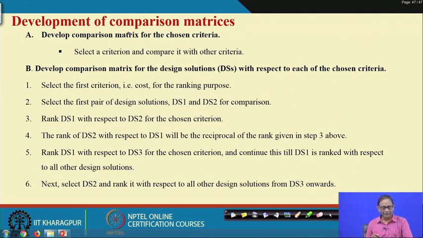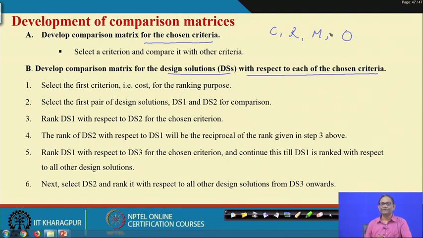So, you have to develop a comparison matrix for the chosen criteria, and at the same time you also need to develop a comparison matrix for the design solutions, each design solution with respect to the chosen criteria. What do I mean by this? We have cost, let it be C, then reliability, the second criterion, maintainability, the third criterion, and